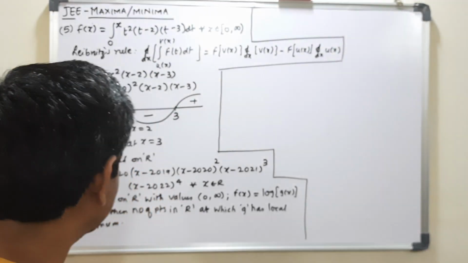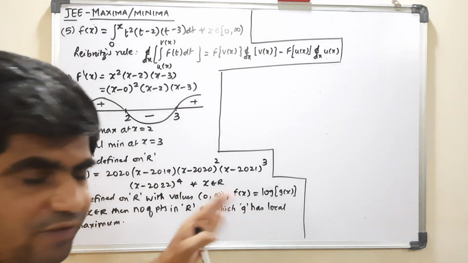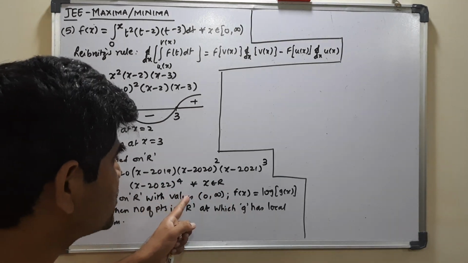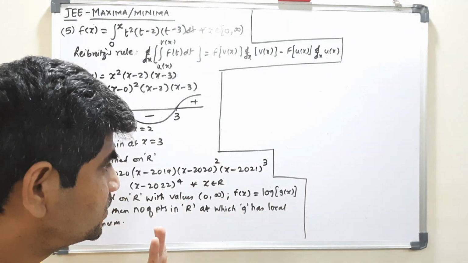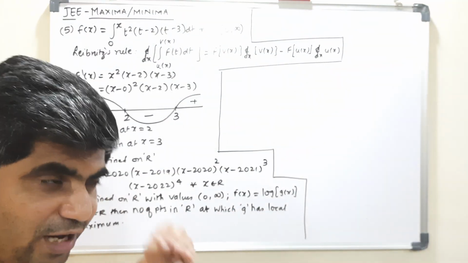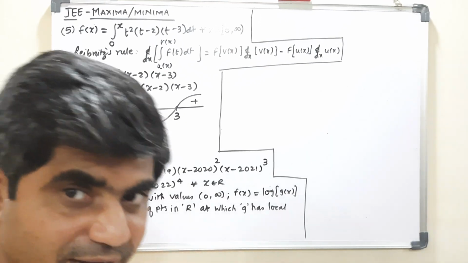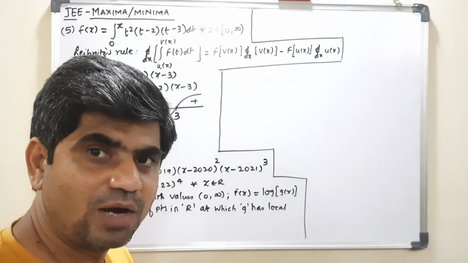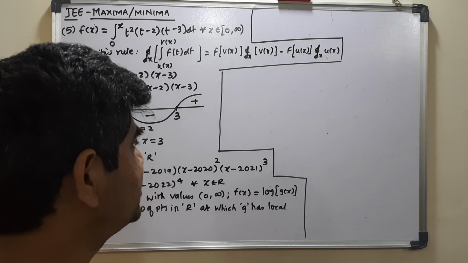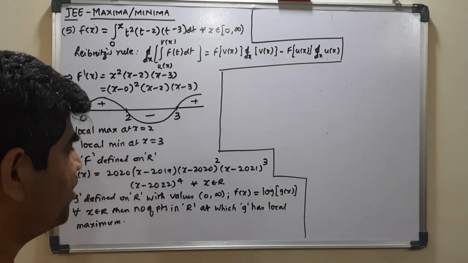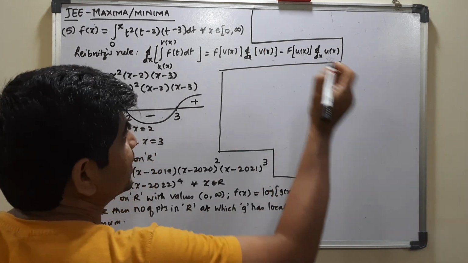Now what he says further is that g is a function defined on real numbers, with values going from 0 to infinity, meaning all positive values. That is the best part. So if it is positive, we can easily talk about its existence in positivity or negativity. f of x is equal to log of g x. Okay, f of x is there and f dash x is there, so I will better talk about this first and then I will read the question.